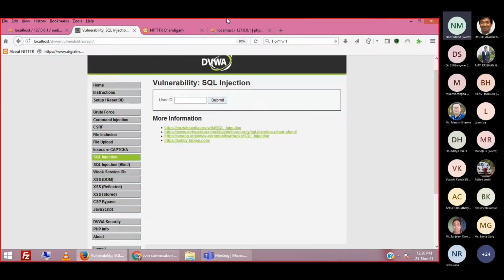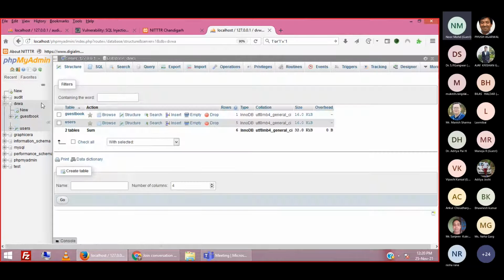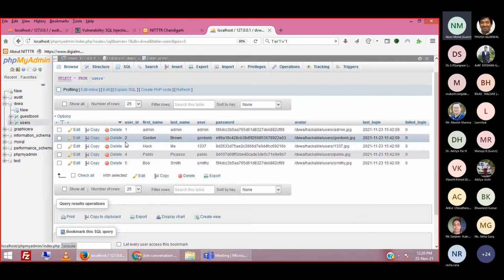So this is the database of DVWA. When we expand this database, I get these two tables which are automatically created inside the DVWA database. One is guestbook and another is users. When we expand the users table, we see there are 5 users, and these users have been created automatically.